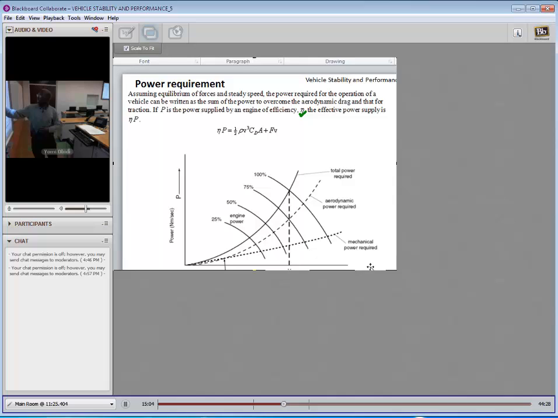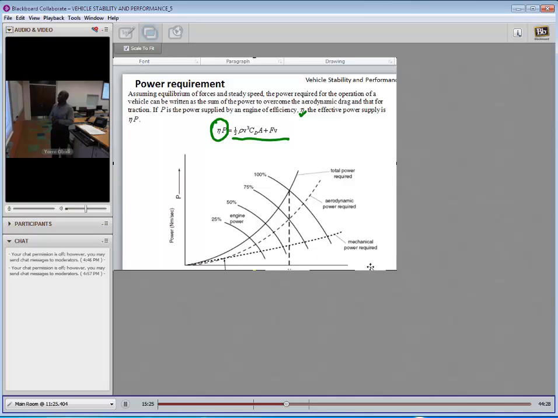So this is the total active power supplied with the efficiency taken into account, eta times P. The expression for the power supplied is that,